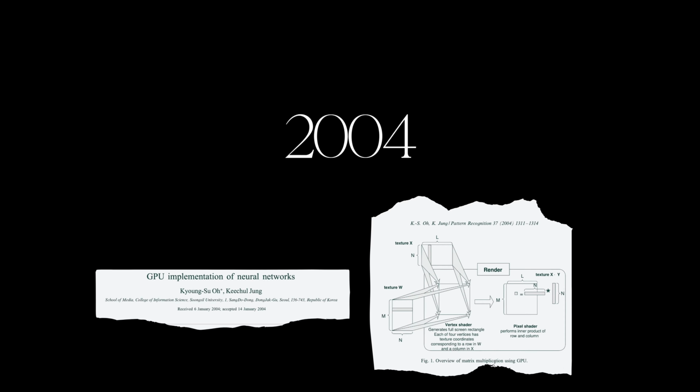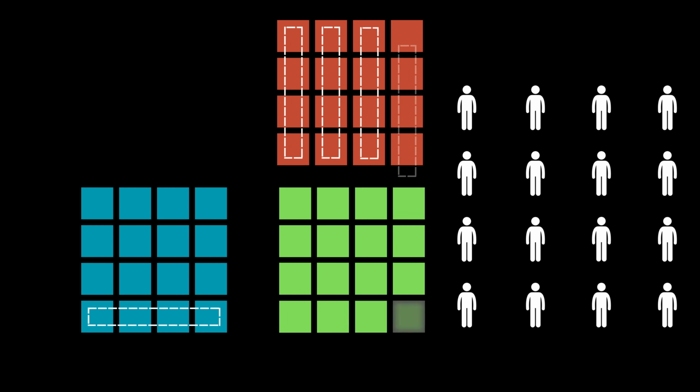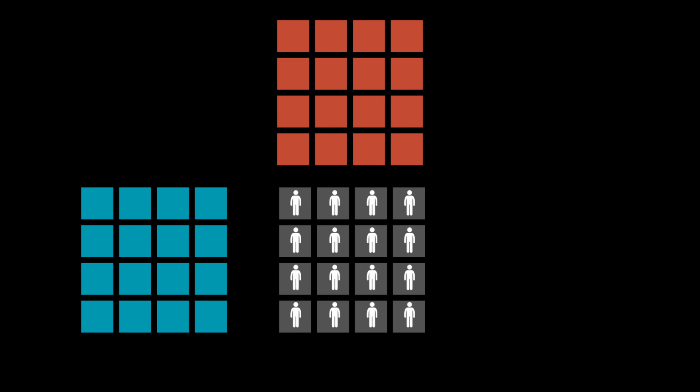The idea of using GPUs for neural network training dates back as early as 2004. GPUs can launch thousands of lightweight threads, each handling a small independent computation in parallel. And that's exactly what neural network training needs. Think about matrix multiplication, one of the most compute heavy operations in neural networks. Every element in the output matrix can be computed independently. So instead of calculating them one by one sequentially, GPUs can process thousands of them at once, giving a massive